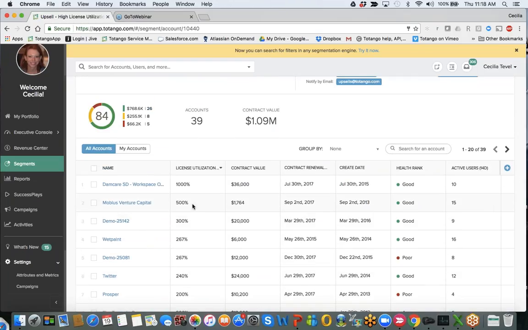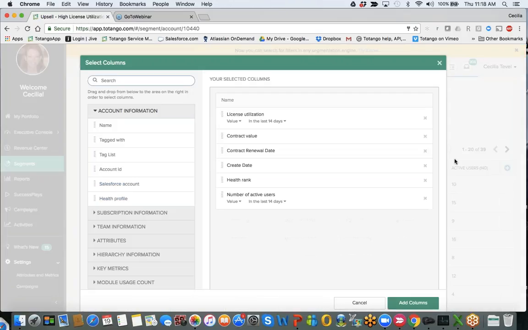If you're looking for this type of capability of adding other columns in your segment list view that you're not seeing, you can do this with the select columns little plus sign. It's a really neat capability because you can add any data point that is interesting for you. Once you have added it, you can drag and drop it and reposition it in your results. So for example, if I wanted to look at